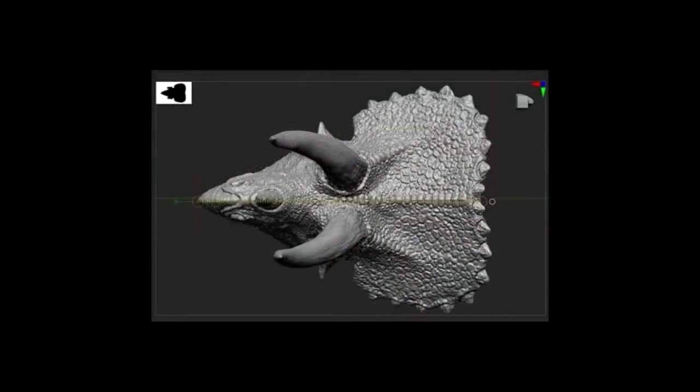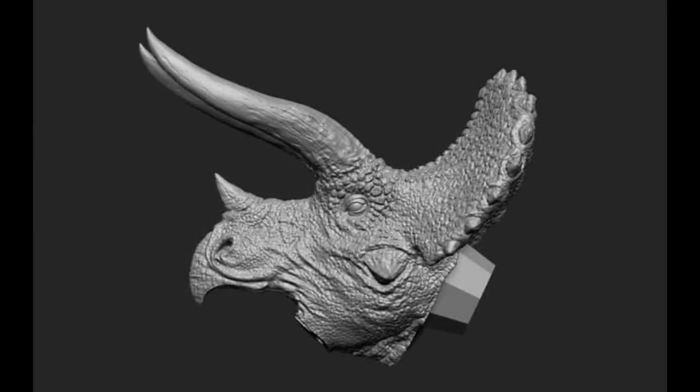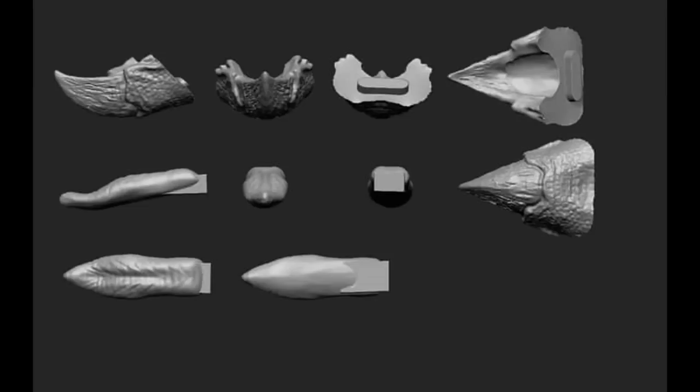I'm honestly so amazed by how nice this is. It will actually be released in a few different sizes. We will have a 1/20th scale full body version. A base will be optional for that version. There's also going to be a 1/35th scale version, again a full body version with an optional base, and they